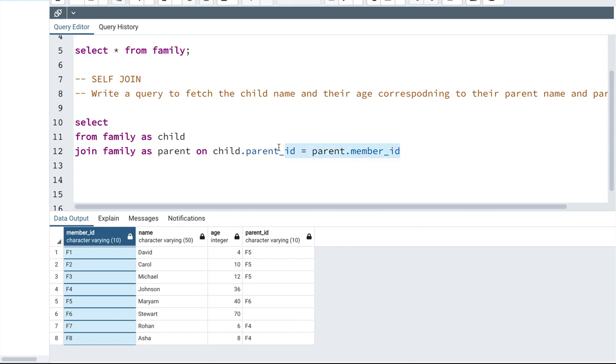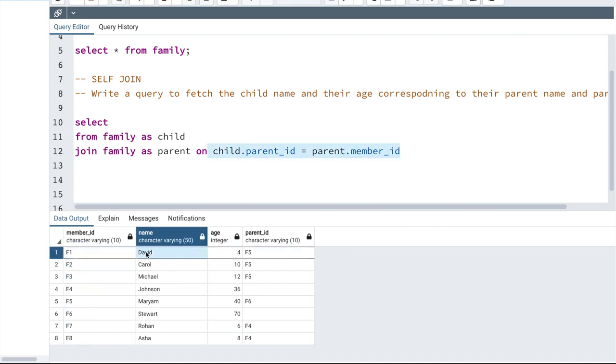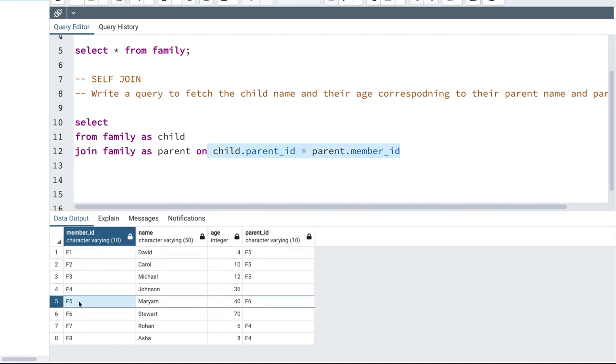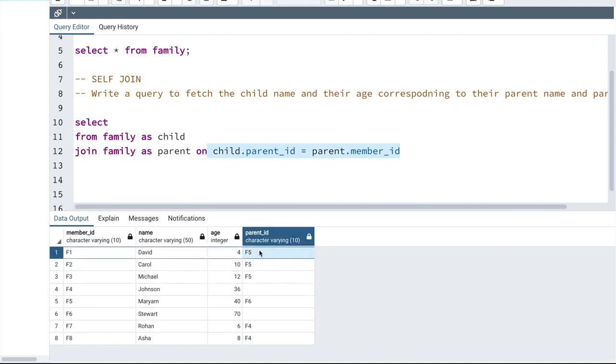If I do this match, what will happen is, for example, for David, his parent id will be F5, and then F5 will also be part of the member id, this one. So this will get matched with this, and that is how this join condition or self join condition should work. And now, to display all the values, I'm going to say child